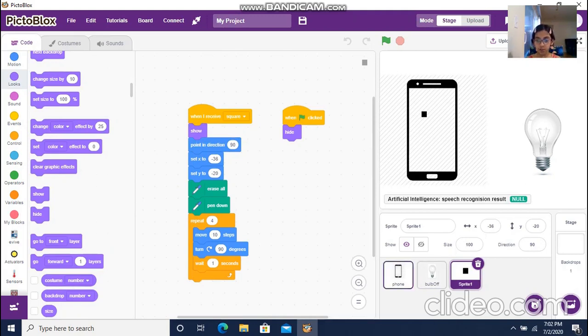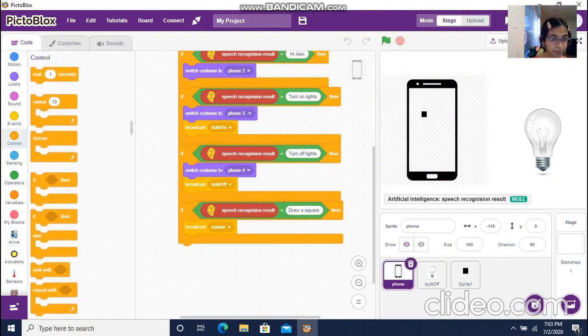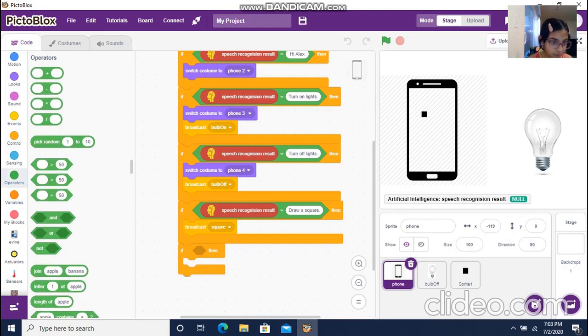So now we're going to go to the phone again. And now that the drawing has been over, we're going to go to the control palette and do another activity. So we're going to put another condition. I'm not going to duplicate it, so I'm just going to get another one. So now I'm going to go to the operators, do the same thing again, except for the text, I'm going to have to put play a